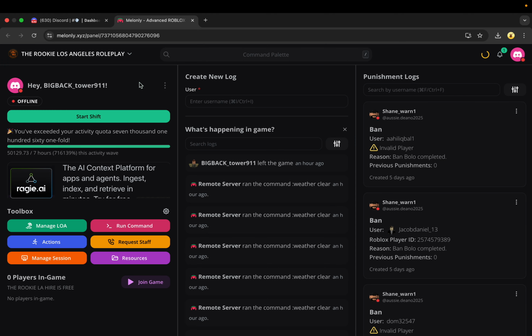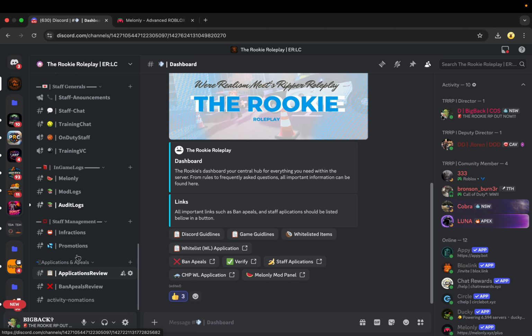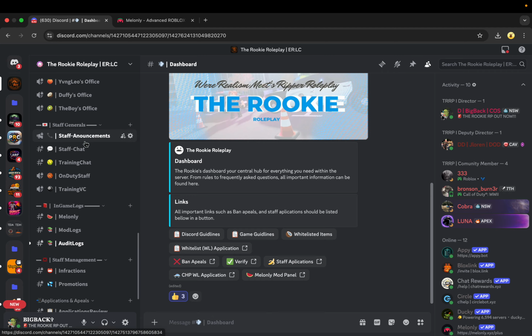Now, if you are a member of the Melonly already and you have been accepted by staff, you will get this. If you are not logged in with Roblox and Discord and you have not connected those accounts, you will get a separate screen, not the mod panel. You'll get a screen saying just your Melonly dashboard. In your dashboard you'll see a little plus button that says join by code, and the code will be in the staff chat or staff announcements, or just go